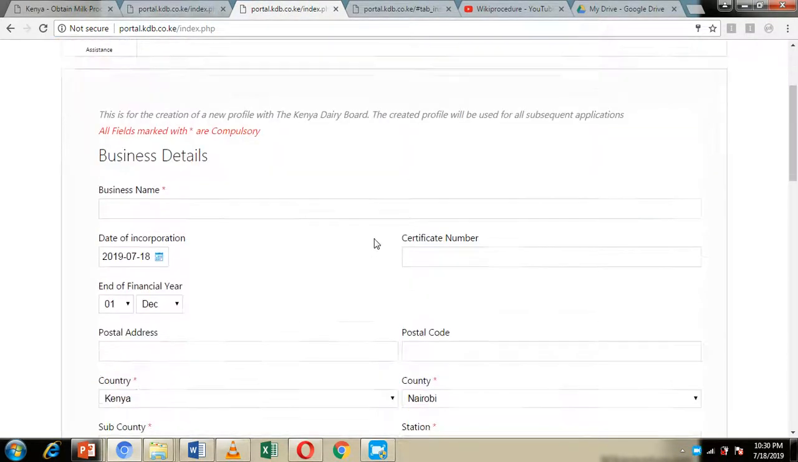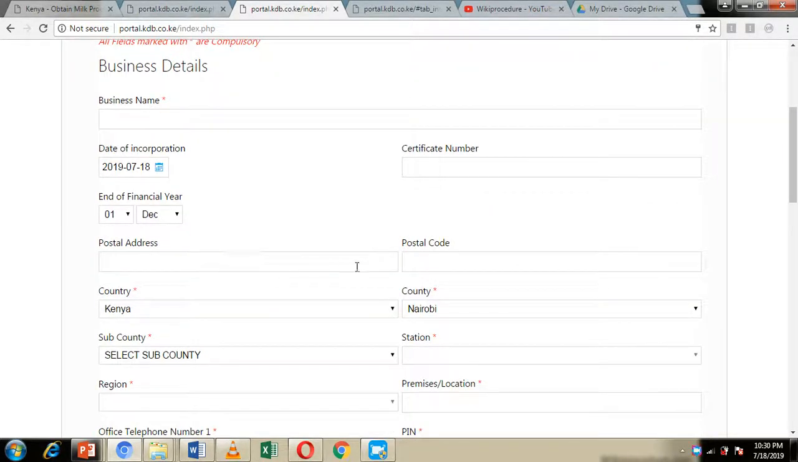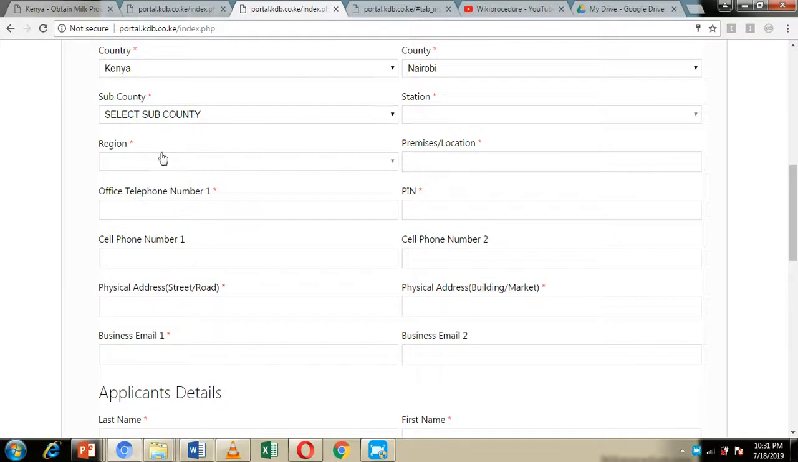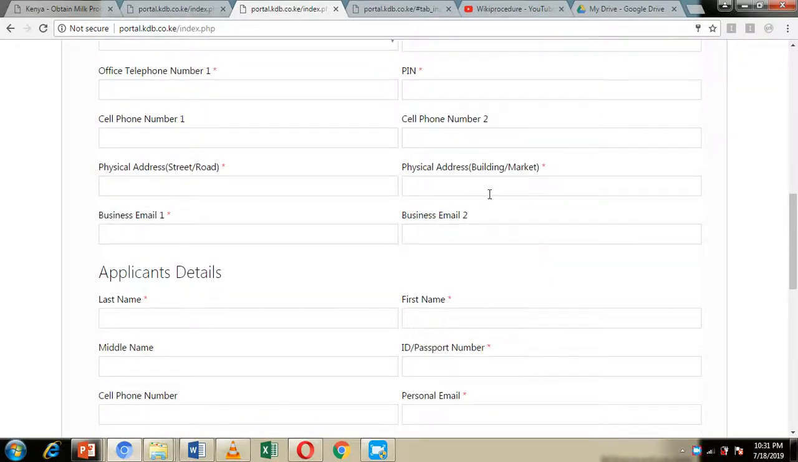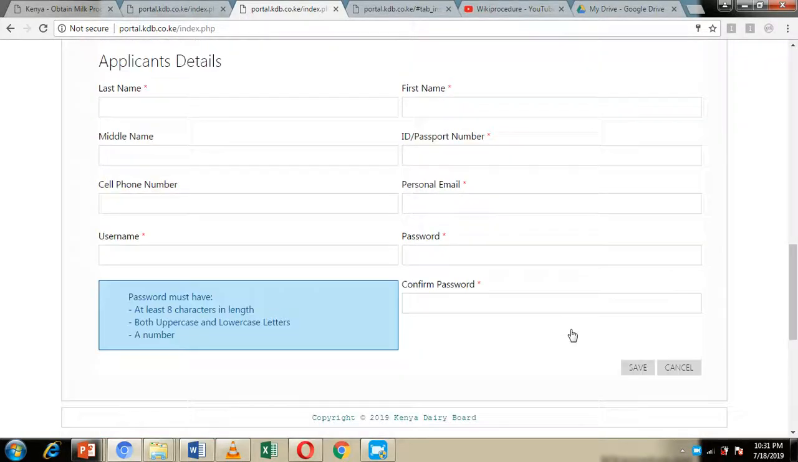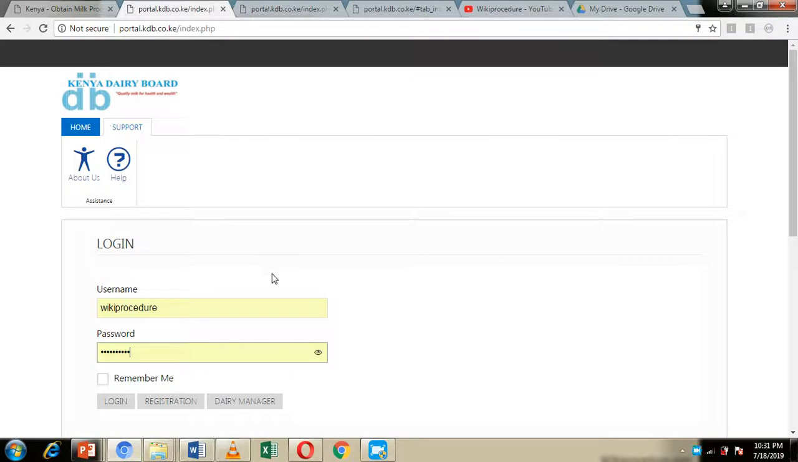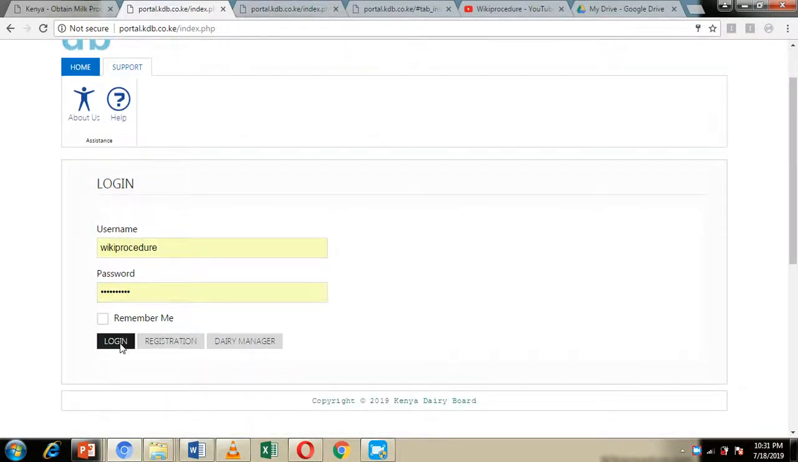Fill in the business details, which include the business name, the certificate number, postal address, the physical location, telephone numbers, PIN certificate. After finishing with the business details, fill in the applicant's details, your details, click save, and a confirmation link will be sent to your email address. Click on that confirmation link so that you can log in, and after clicking that, you'll be directed to this page once again. Now click on login, and by logging in, you'll be directed